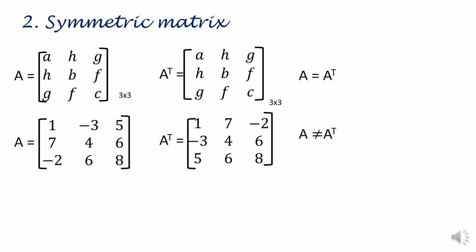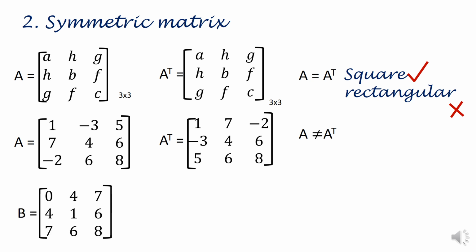Now remember one very important point. Symmetry is defined only for square matrices, those matrices whose rows and columns are equal. It is not defined for other rectangular matrices whose number of rows may not be equal to the number of columns. Now, one more method by which you can just by observation state whether the matrix is symmetric or not. Instead of finding the transpose, you can just by observation see whether the matrix is symmetric or not.